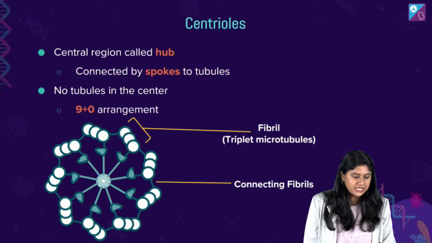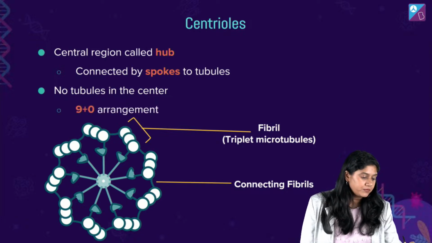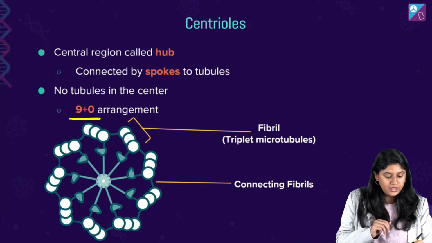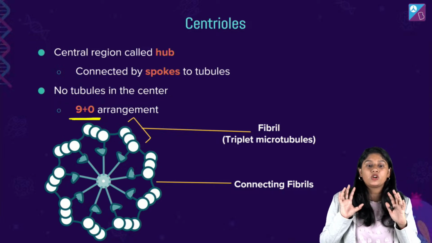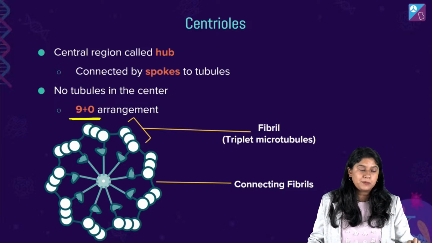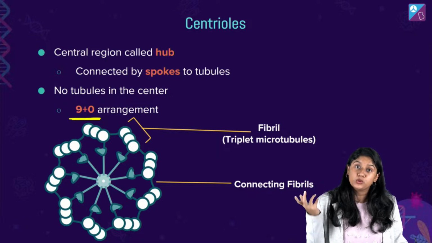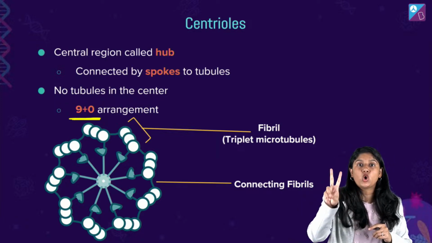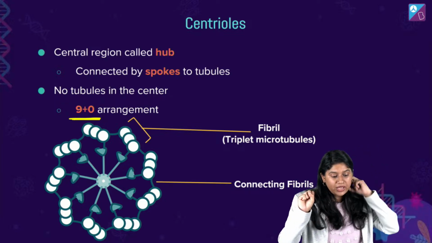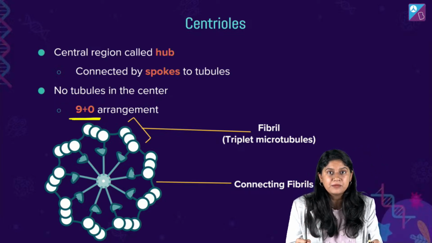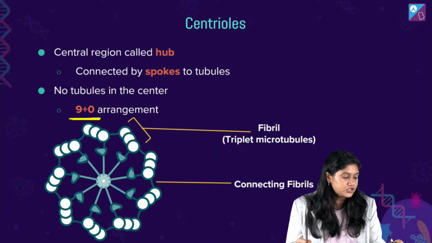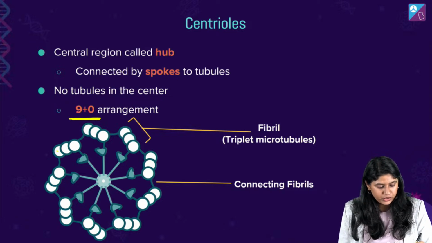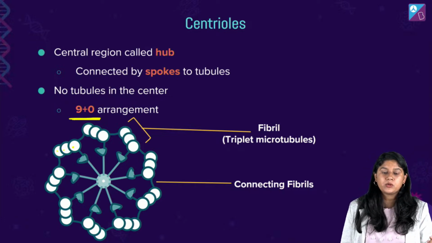राइट? अब यहां पे फटाफट से देख लेते हैं. Arrangement is what? 9 plus 0. 9 plus 0 means in the center they don't have anything and at the side what we have total of 9. पूरे चारों तरफ क्या है हमारे पास में? 9 है. 9 ट्यूब्यूल्स हैं. सेंटर में कोई भी ट्यूब्यूल नहीं है. अब हमारे पास में 2 सेंट्रियोल हैं. Right? Now we have 2 centriole. So can you tell me what will be the total number of the tubules? जल्दी से बताइए एवरीवन. 3 into 9 करेंगे तो what will be the number?